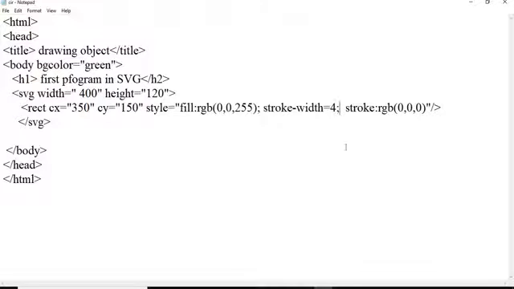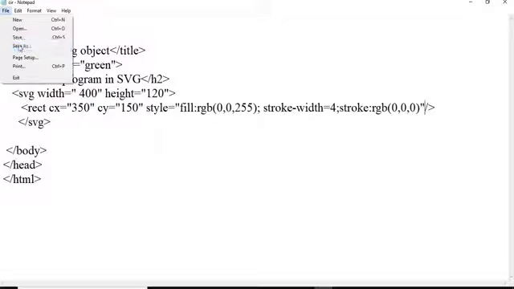If I give like this, we can have the reflection, because this is the starting of the property here, the fill style property. Then it is closed here.